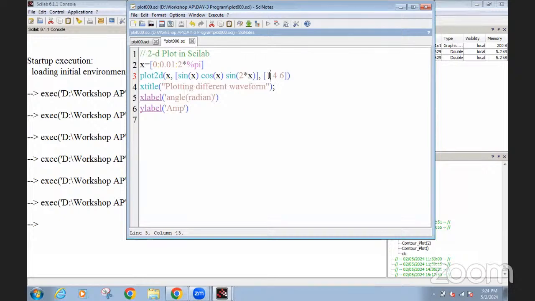And now I am using color 1 for the sine wave, 4 for cos, and 6 for this sine 2x. X title, plotting different waveform. X label, I am using angle in radians. This title can be anything. For the x label, within quotes, you can write anything. If it is time, you write time. For y, if it is current, you write current. And if I run,